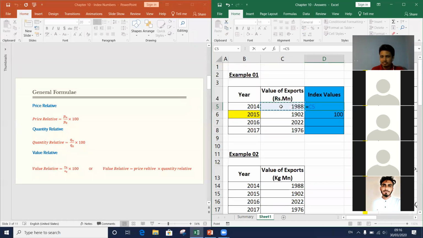The current year is 2014, and the price is 1988. I need to divide this by the base year price. What is the base year price? Base year is 2015. The base year price is 1902. And I need to multiply it by 100. Therefore, the index value of 2014 is